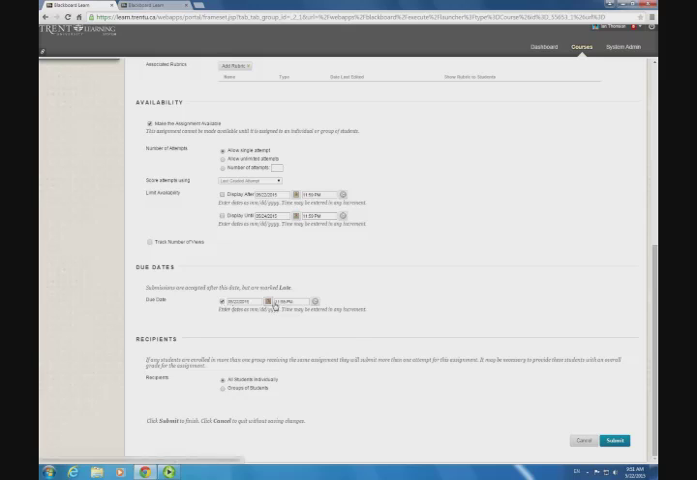So I want to set my due date. I'm going to give my students until next Friday at 11:59 p.m. Actually, I don't want to do that. I want to set the assignment due date as 4 p.m. And this is another little tidbit of information that IT strongly recommends that you consider: instead of making your assignments due at 11:59 p.m. or at the end of the day, we recommend that you set your assignment due date at the end of